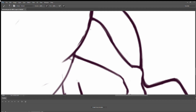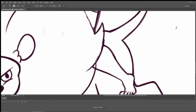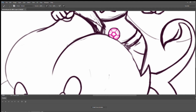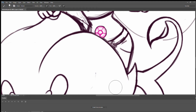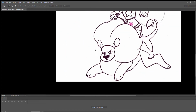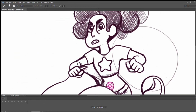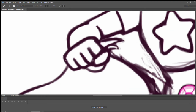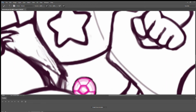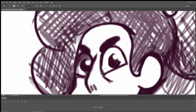It's got a different feel, and it might be weird for me to be talking about Mischief while drawing in Photoshop in this video, but I really need to figure this out, because right now I don't have money to change my pen, so I'm gonna have to keep working this way. And just by doing this illustration of Stevonnie,